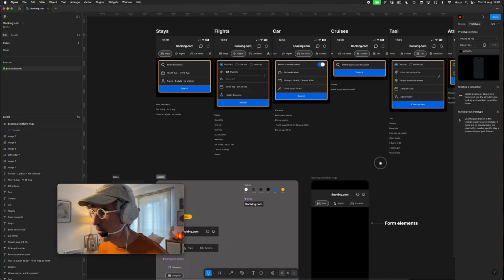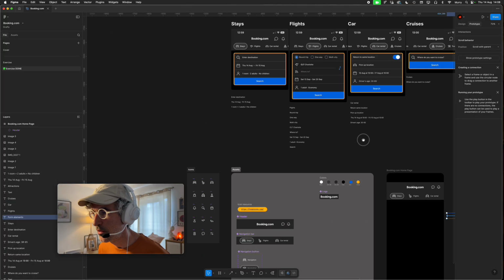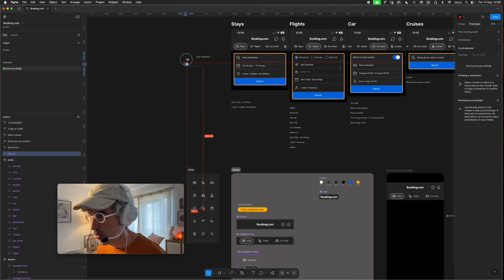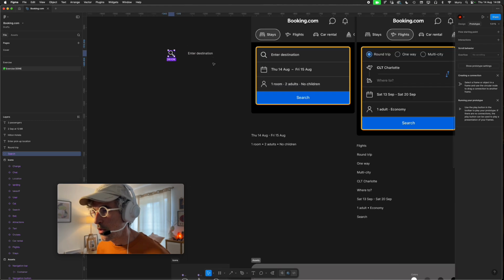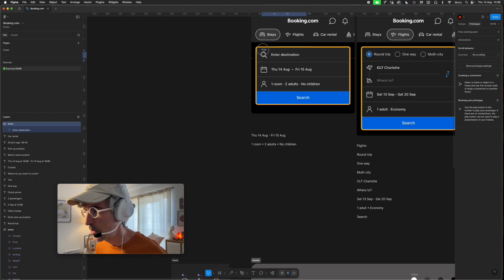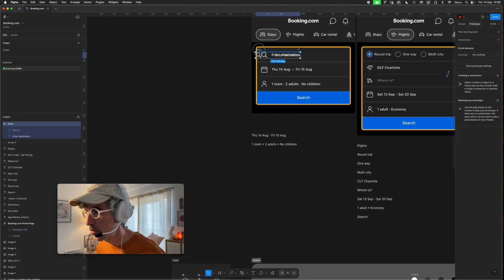Let's check the other part, the form elements. And the form elements, we will start to build with something like enter destination and an icon, like a search icon. Shift A to auto layout, and let's write form. Good. If you want, I'm using the same measurements. I can put it on top and take it to the front,